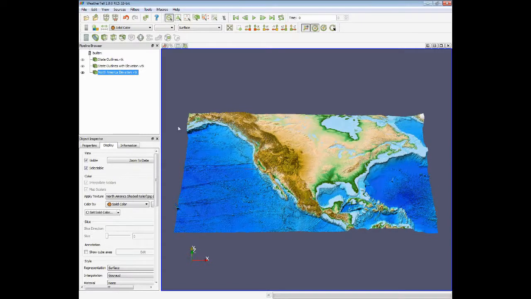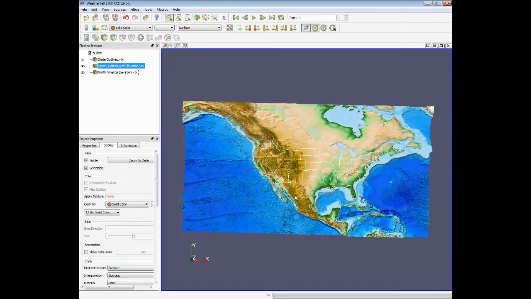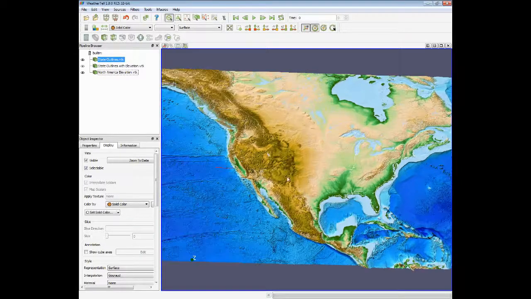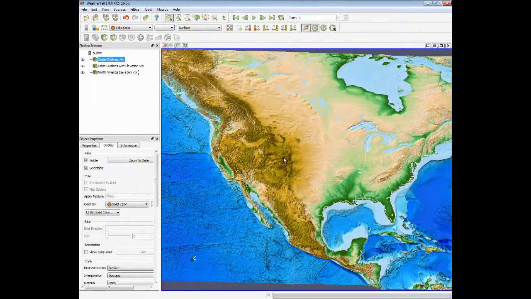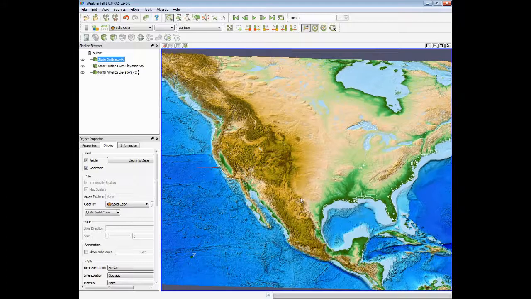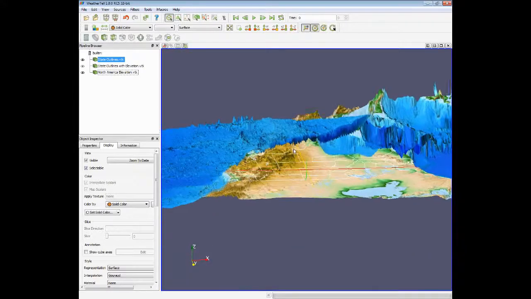So we can actually add these other underlays. If you want to put on the state outlines on top of this, click State Outlines with Elevation, and there you go. And there's your state outlines. Now let's just say you click the state outlines without the elevation. You'll notice that over the western US you can't really see the state outlines, and that's because they are underneath